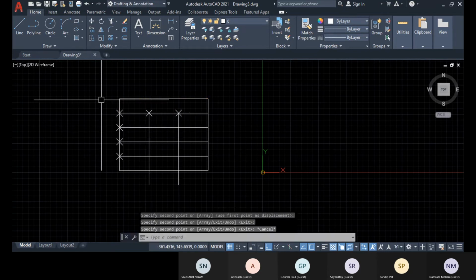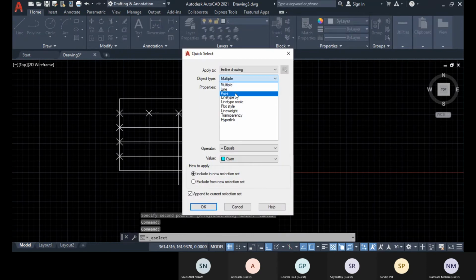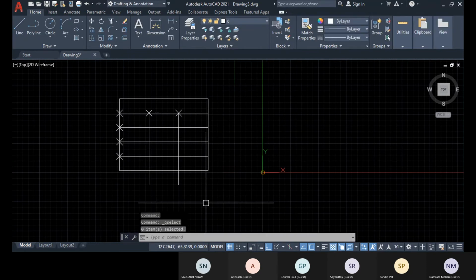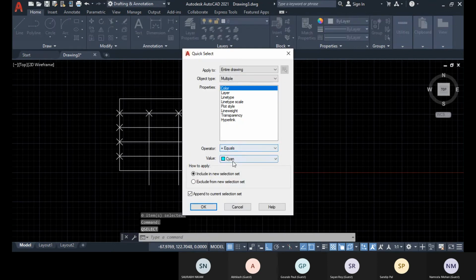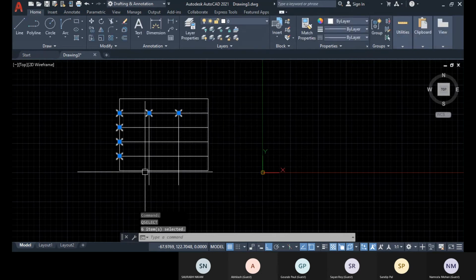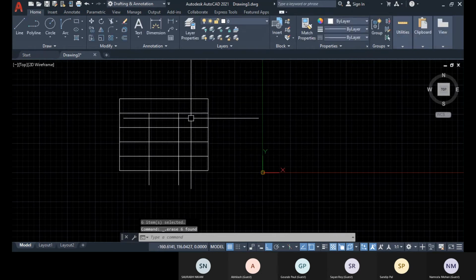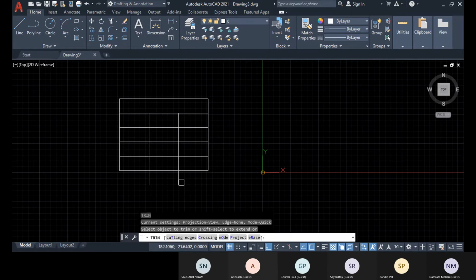Okay, now right click, quick select, point, click on OK. Sorry, and here this value should be ByLayer, point, click on OK. So all the points are selected. Right now delete and go for the trim option, trim this part.